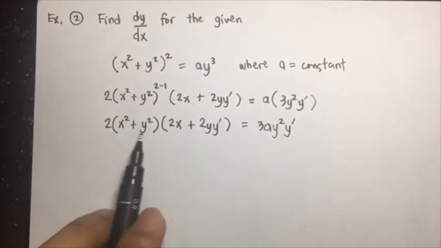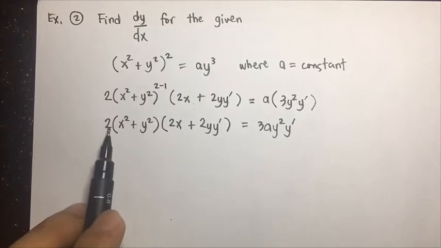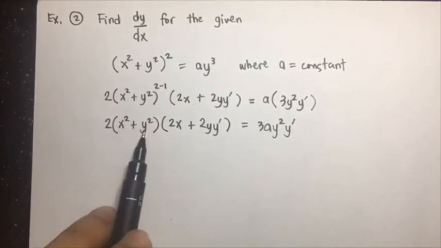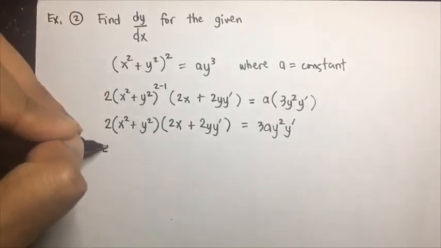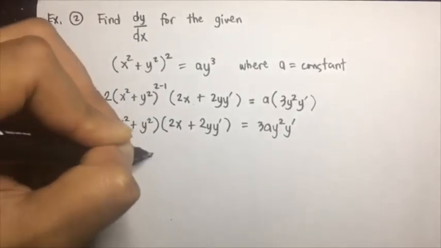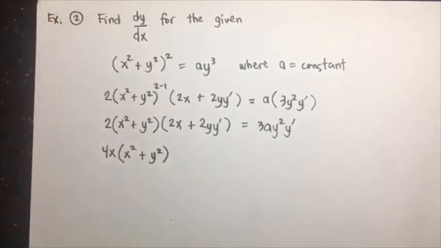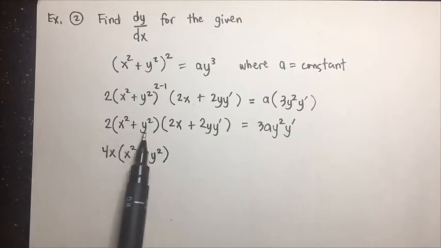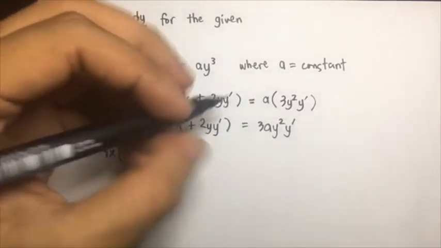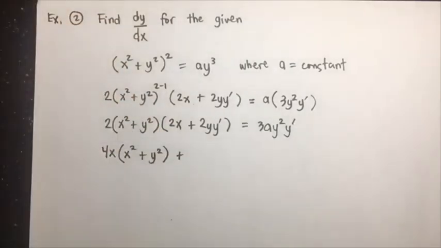Distributing 2 and x squared plus y squared, this will become 2 times x squared plus y squared times 2x, so that will become 4x times x squared plus y squared. And then again distributing this to 2y y prime, that will become plus